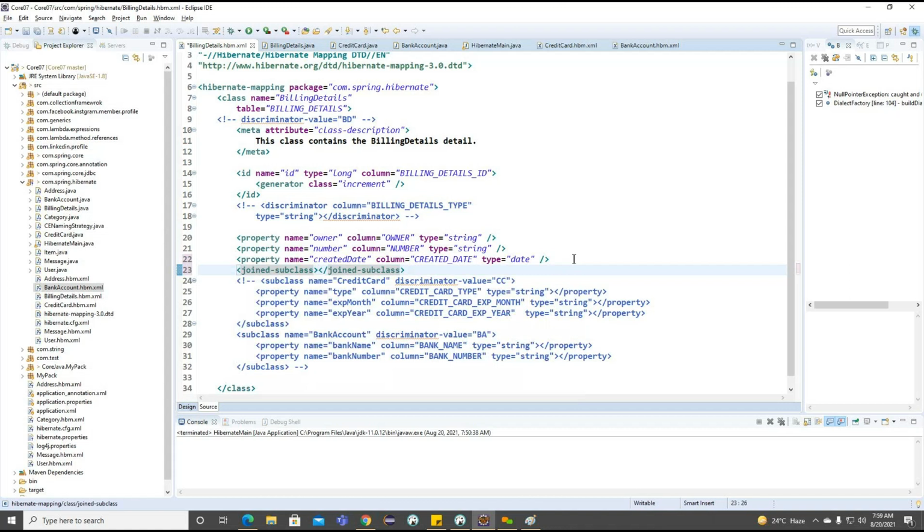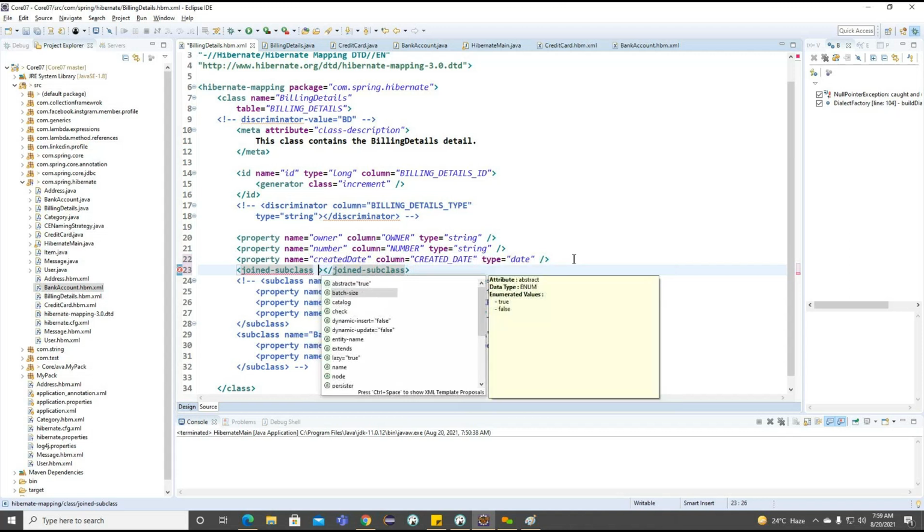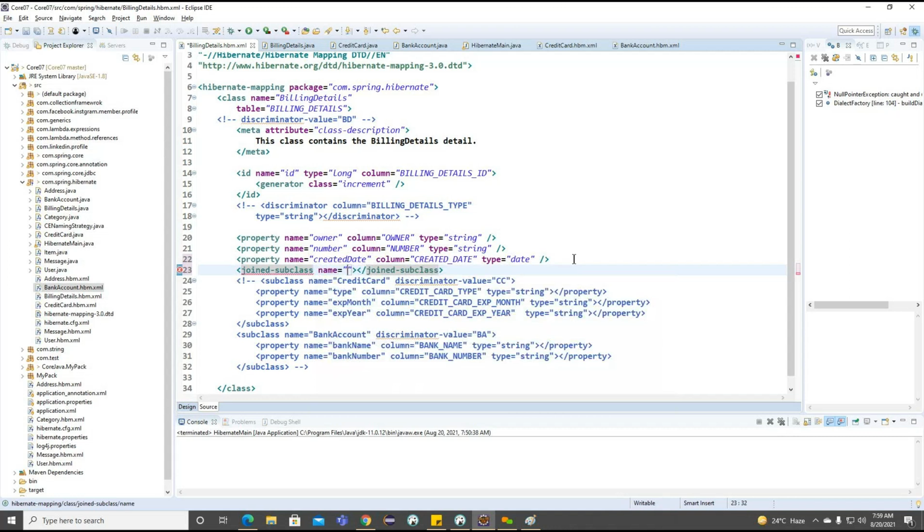Previously we connected with the subclass here. Now we are going to work on the joined subclass. And here the name we need to provide.